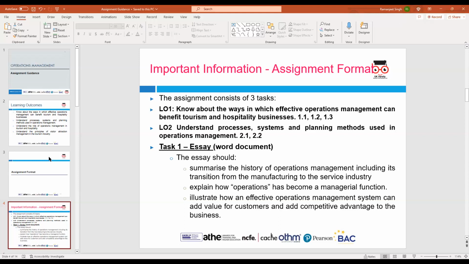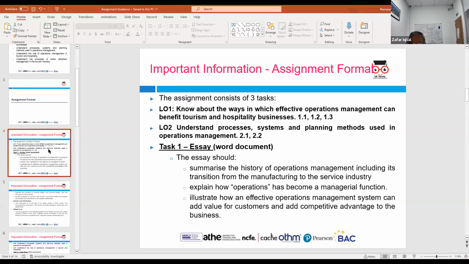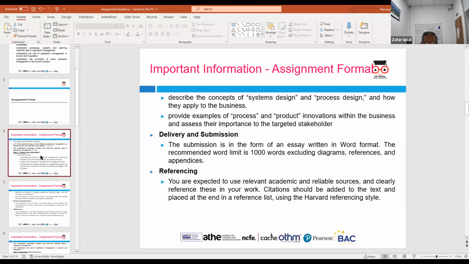In this particular instance, the first task has 2 learning outcomes, learning outcome number 1 and number 2, which you must combine in your task number 1. The first learning outcome is to know about the ways in which operations management can benefit tourism and hospitality business. And this learning outcome has 3 different assessment criteria: 1.1, 1.2, and 1.3. Okay, so